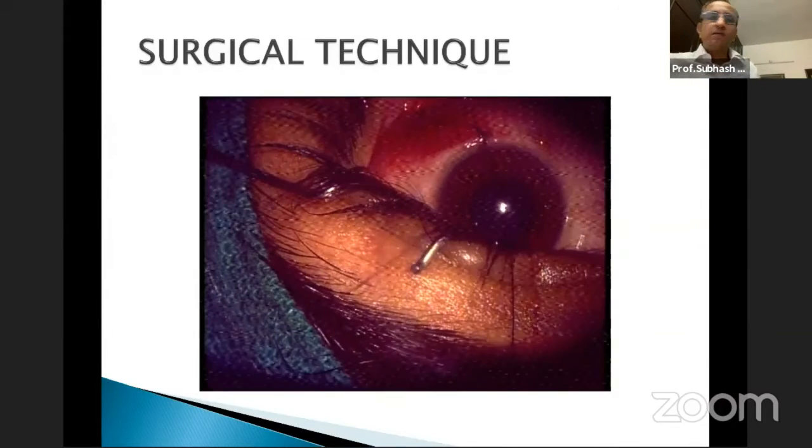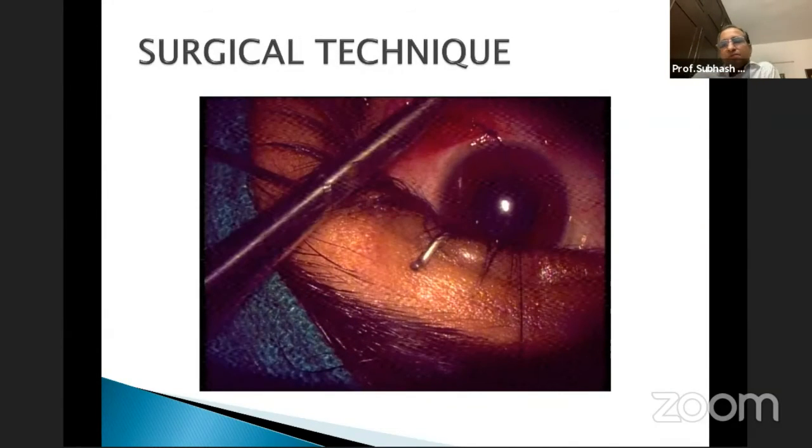And 2 millimeter nasal and 2 millimeter posterior. You can also put them more nasal and even more anterior, but the results may not be that good. There could be other issues which may crop in, like more intorsion. So in most situations, we put it 2 millimeters nasal and 2 millimeters temporal, and the anterior part